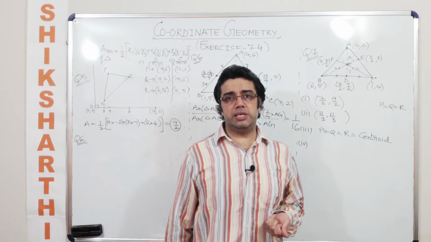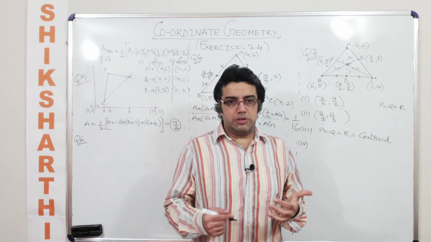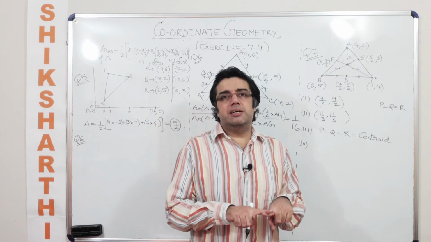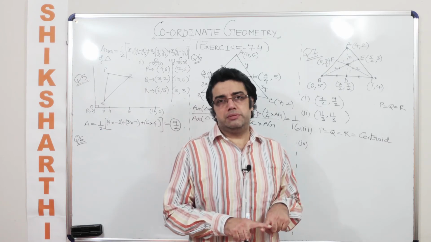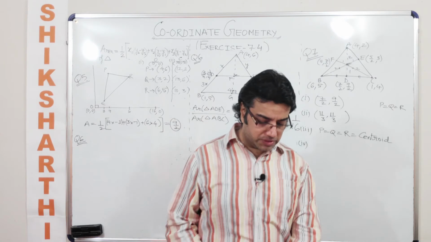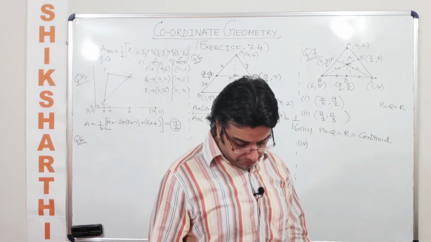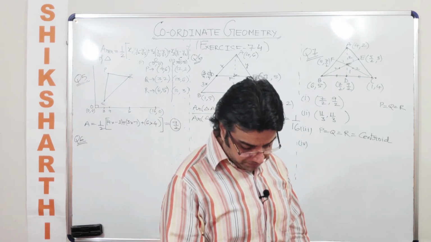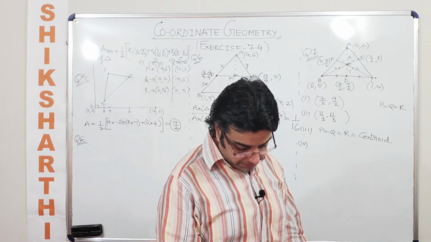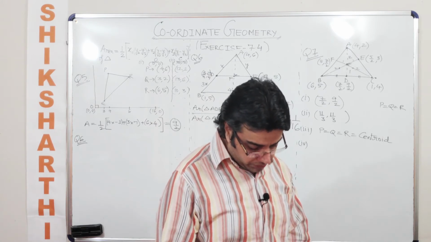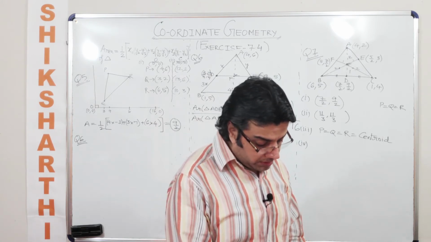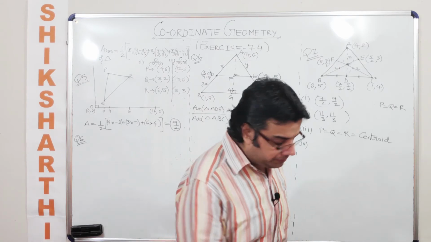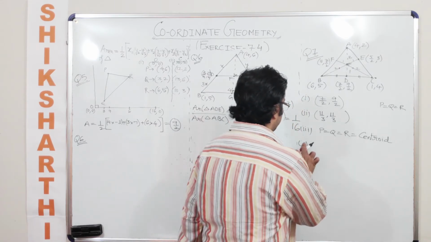I mean, they converge, they are concurrent in the sense P is equal to Q is equal to R. This forms a basis of our conclusion. Okay, let's talk about the fifth one. So now talking about the fifth one,